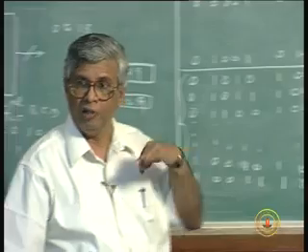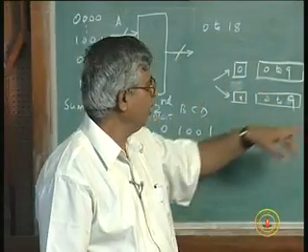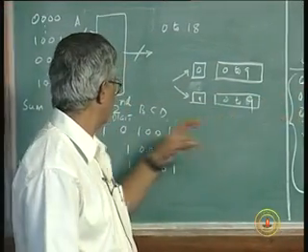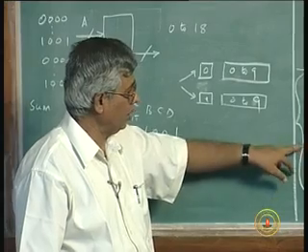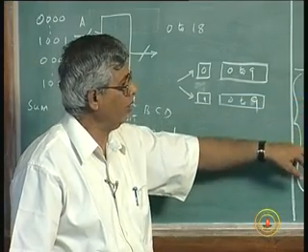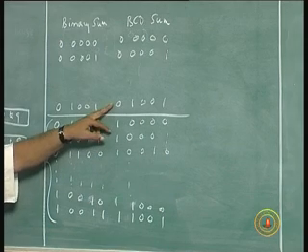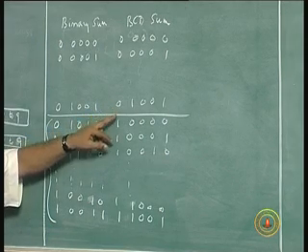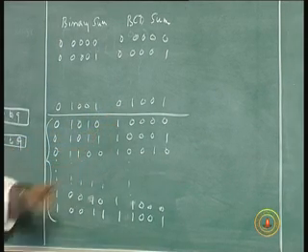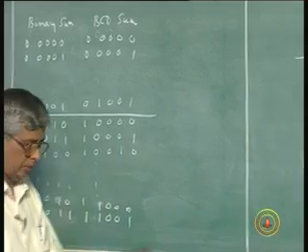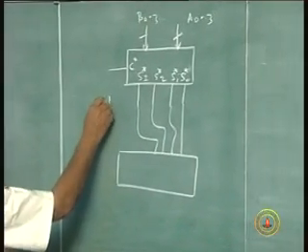But I cannot add always. I can only add whenever this generates a carry, whenever this 6 has to be added. The original sum has to be first modified and then added. So, this will be 2